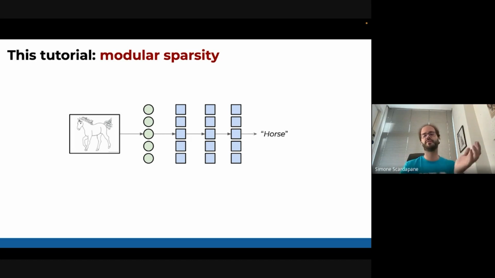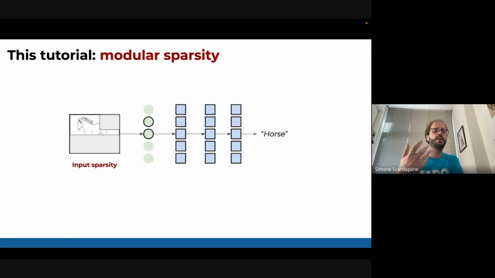In particular, if you think of a very simple neural network, here I have green circles, because most of my presentation will be targeted to transformers, but actually some of the ideas are more general. In principle, that's the standard neural network. So you have an image, it goes through the neural network, and everything is active. But in principle, you could do something different. For example, the network could decide to focus only on small parts of the input. If you have a horse, you can decide, okay, a lot of the background is completely worthless, I will throw it away. And so I will have a certain improvement in computational efficiency.